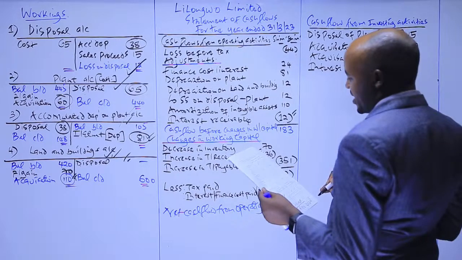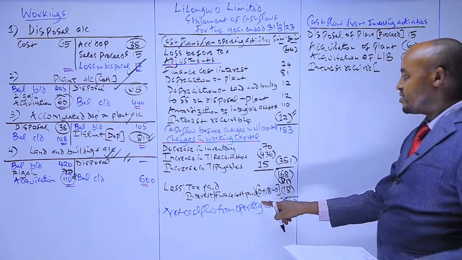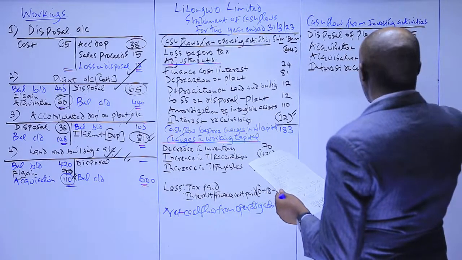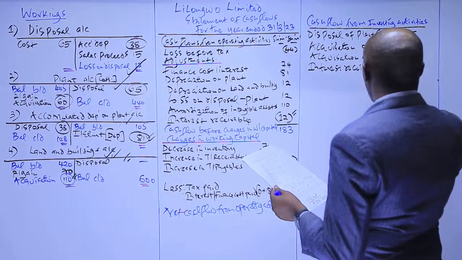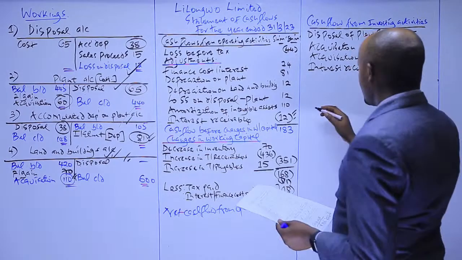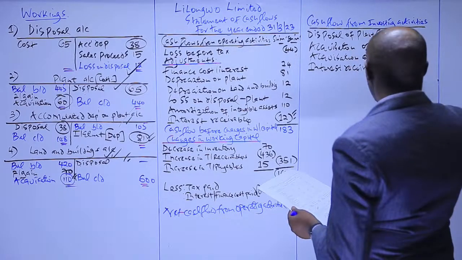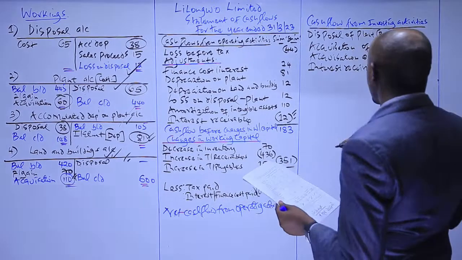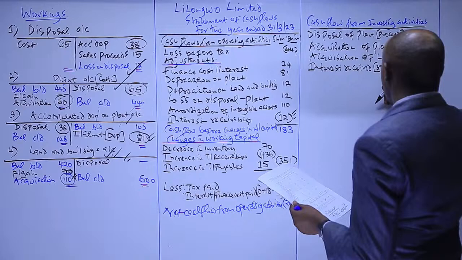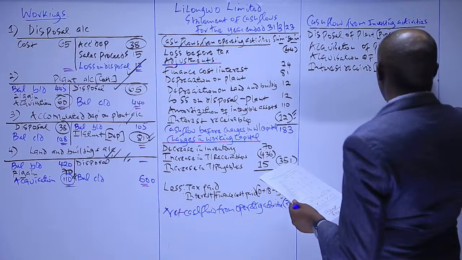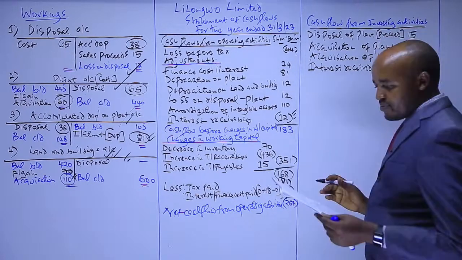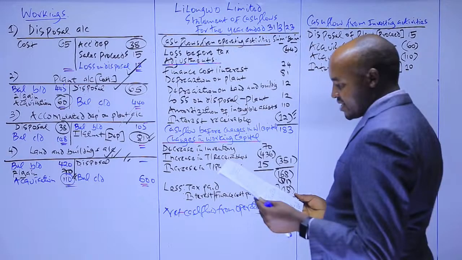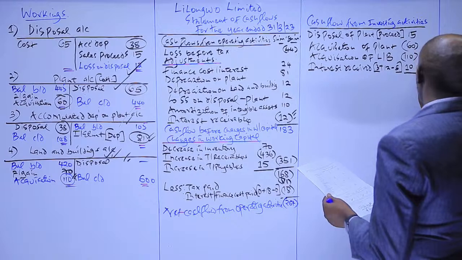We use the same approach I've explained here for computing the interest paid. So that means that we take the interest receivable at the start, which is 3 million. We add the interest for the year, which is 12, and then deduct the interest receivable at the end. So that will give you the actual amount of interest which was received during the current year. This 15 minus 5, which will give us 10. So that represents the actual interest which was received by the company during the current year. And I think those are the only items you're going to consider here.